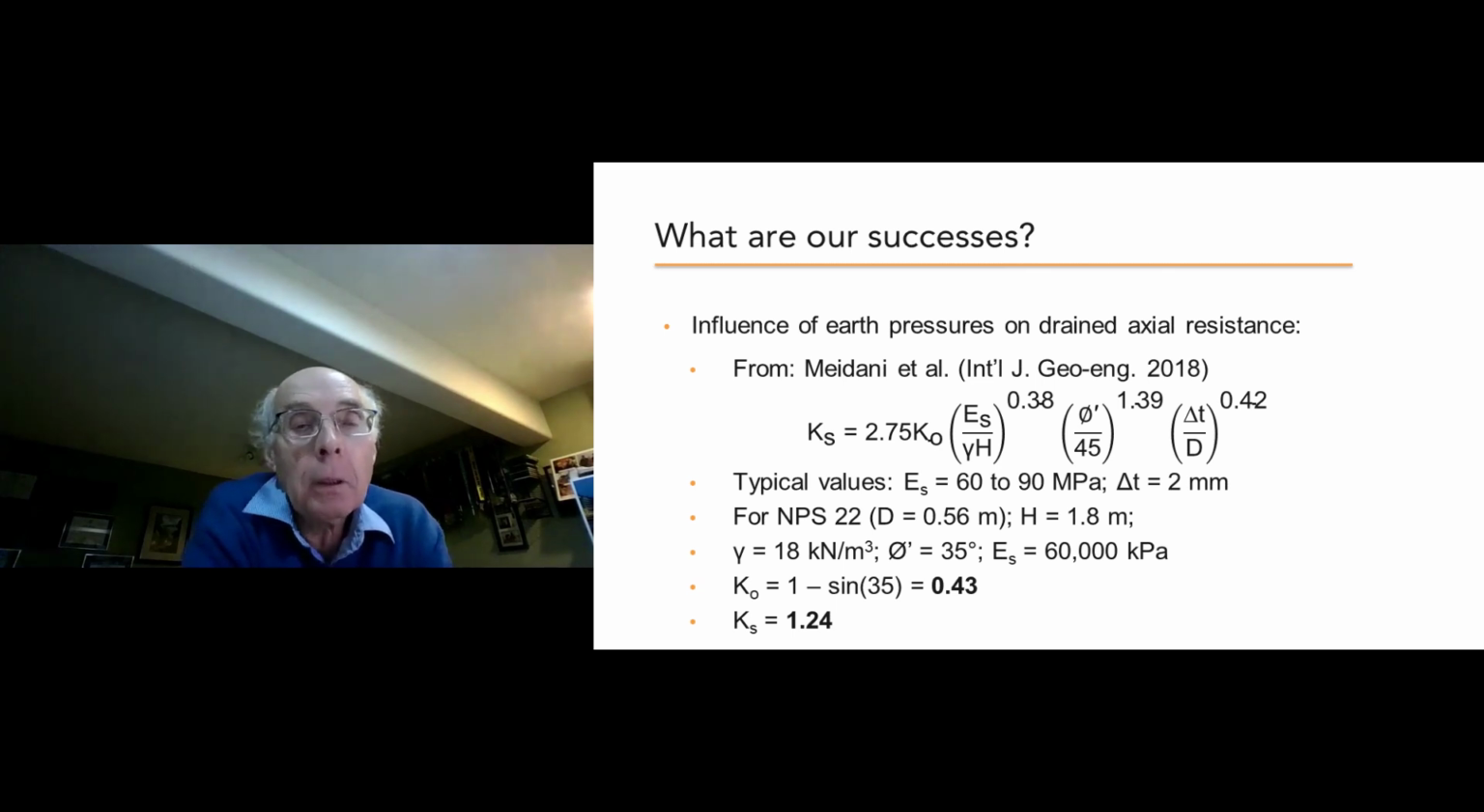In contrast, the coefficient of active earth pressure is only 0.43. So you could see that by using a Ks value essentially three times the value of K naught, you're going to get a much higher value of axial resistance under drain loading. And that has serious and important implications to your soil pipe interaction. So by using this equation and this research here, we have improved on our ability to more accurately model the